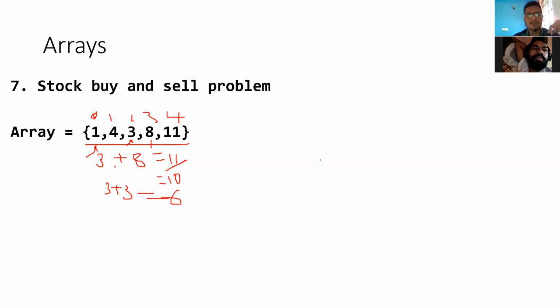So you need to find the maximum profit. What you can do is check all the scenarios. Considering the first day, if you buy at a higher price, for example buying here at 4 and selling here, it will be -1, so you are at a loss. You should not do such operations. You should not buy at a higher price. If you buy here and sell here, it will be 3, so your total profit will be 2 only. So you need to check all the possible scenarios and arrive at the maximum.